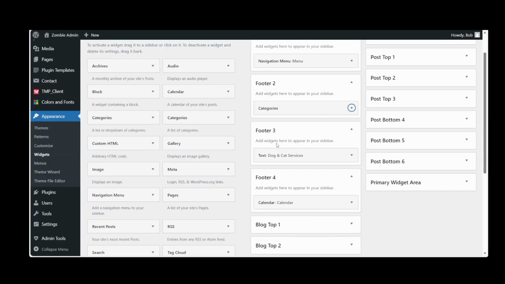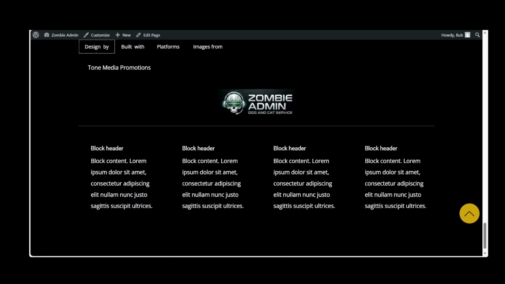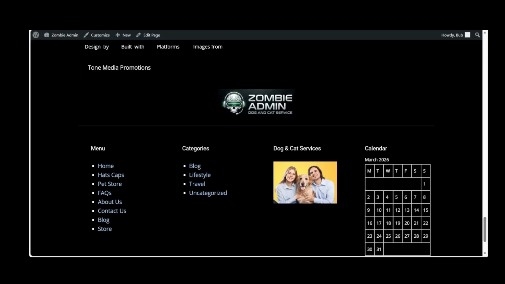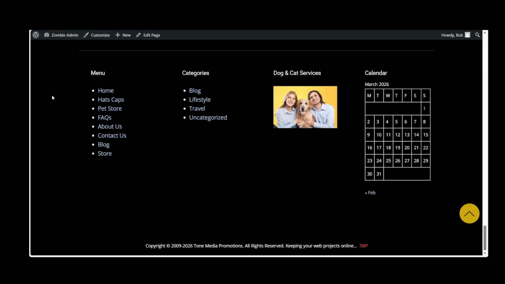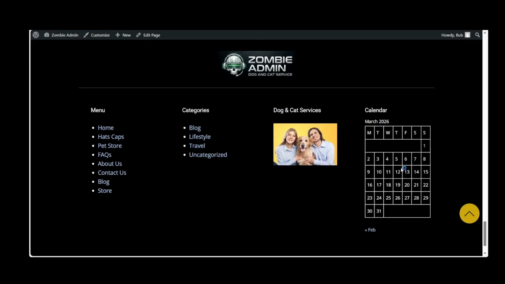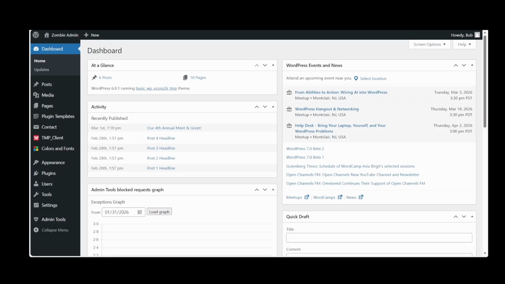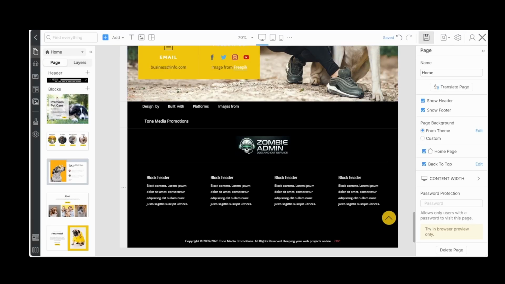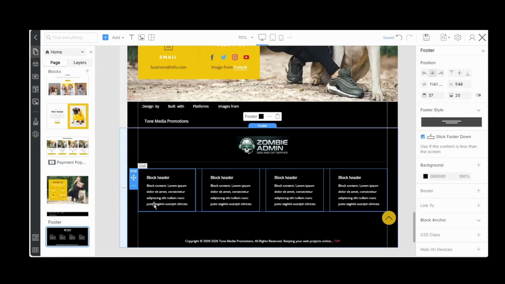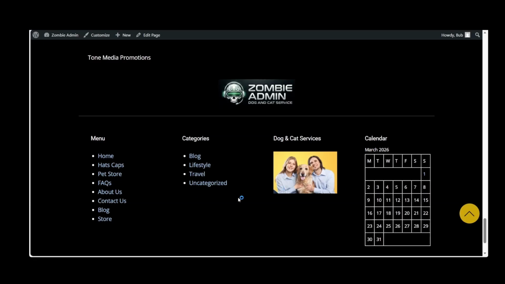And let's finish up with the footer. All finished there. Let's take a look at the front end. Let's refresh. That came out pretty good. I like that. I always do some modifying, of course, but that will work for today. Let's go back to the dashboard. Now let's go to Pages, Home Page, and you'll see that the footer does not mirror the front end of the website, and that's okay.